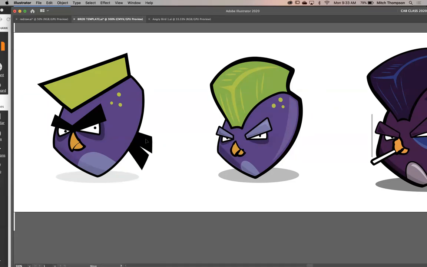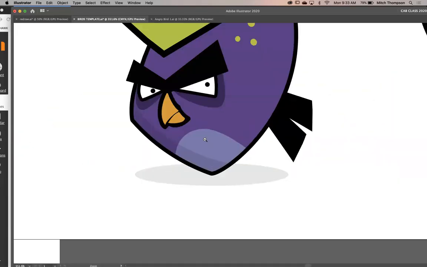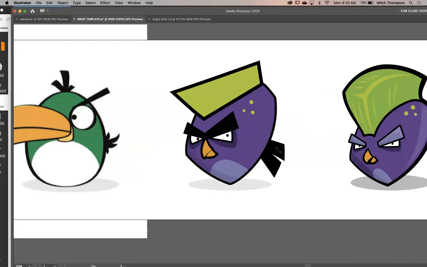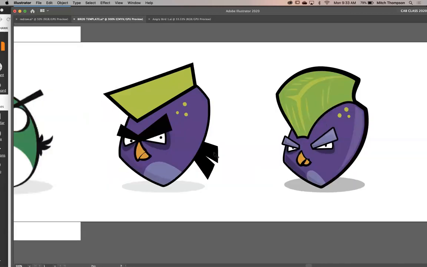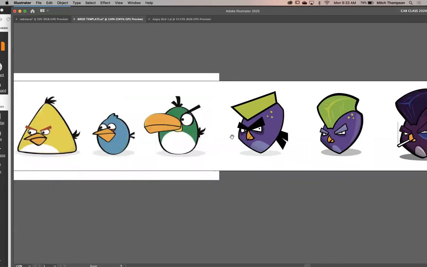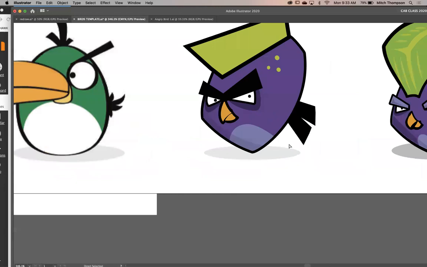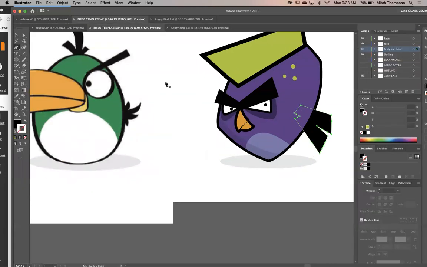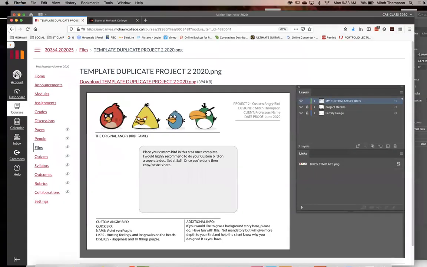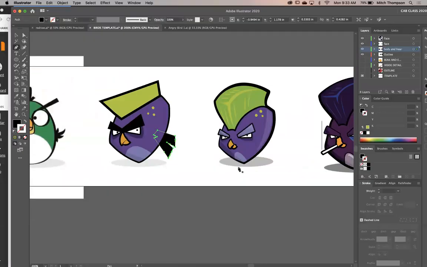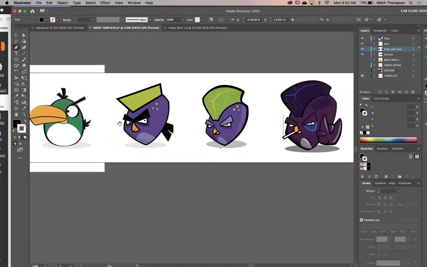Now actually, it kind of looks like he's got a mullet going on. Sorry, I'm laughing at myself. But yeah, this looks like Tiger King. Oh my goodness, I so have to do a Tiger King Angry Bird now. Oh my God, I'm excited. The tail maybe needs a bit of work. Sorry, I got way too excited. I just need to have a tiger in the bird.